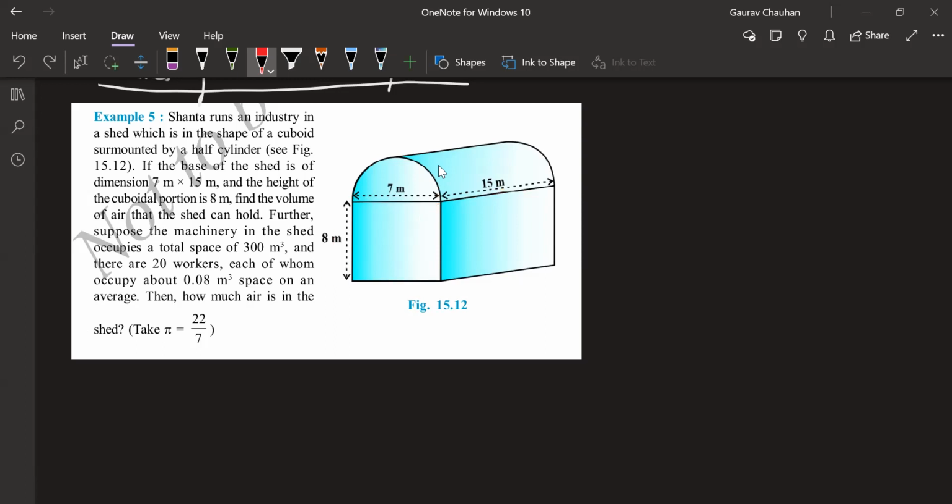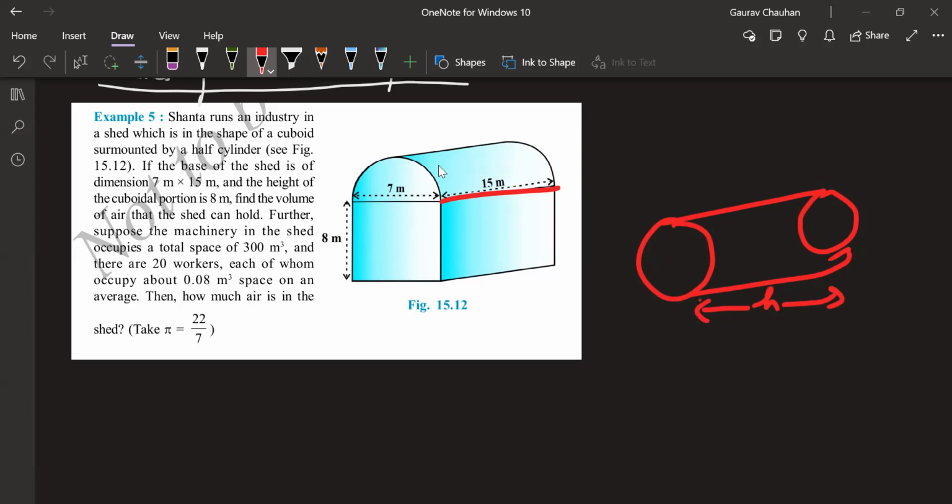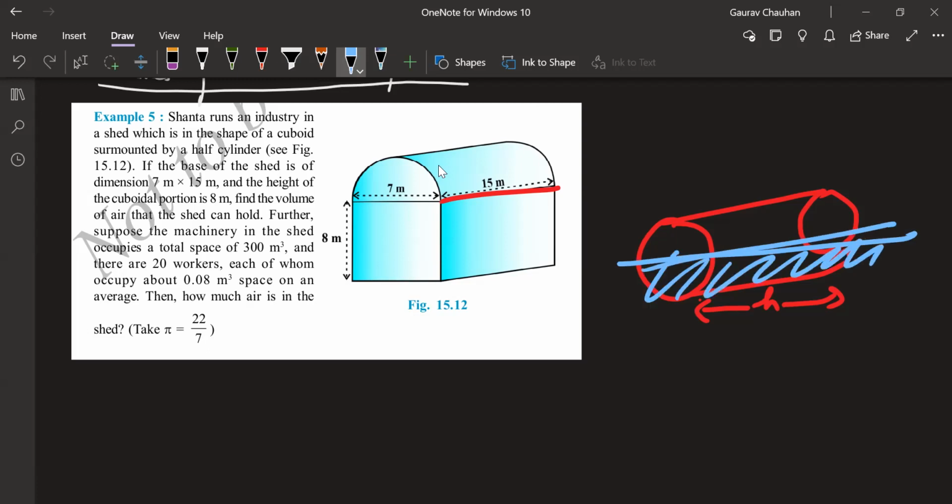What will be the height of the cylinder, Asghar? 15. Yeah. Can you see this? So this is my cylinder. The cylinder is kept like this, right? So this part is my height of the cylinder. Okay with that? They have cut this cylinder from between and they have removed this part. I'll just show this to you on this thing here. Do we have a cylinder? We don't have. Okay, so then we have a cuboid here.